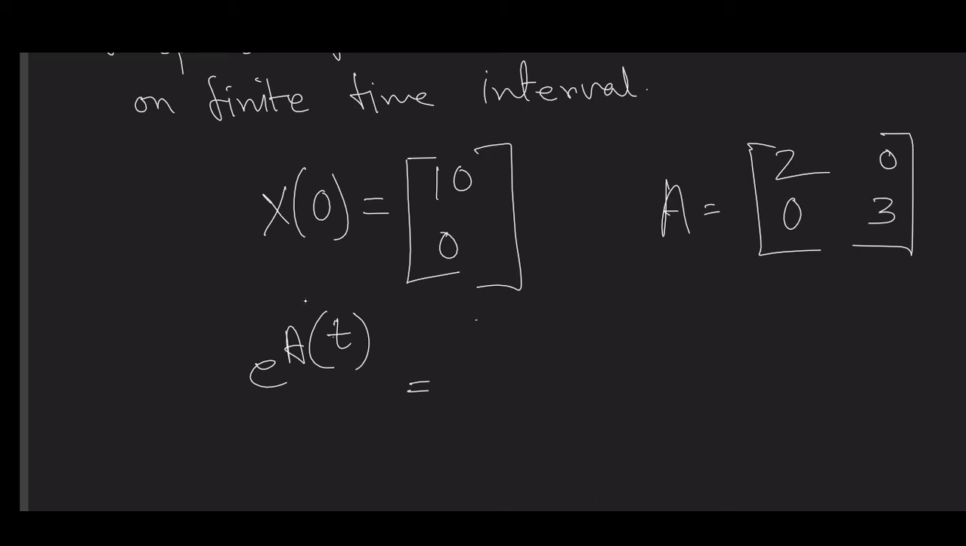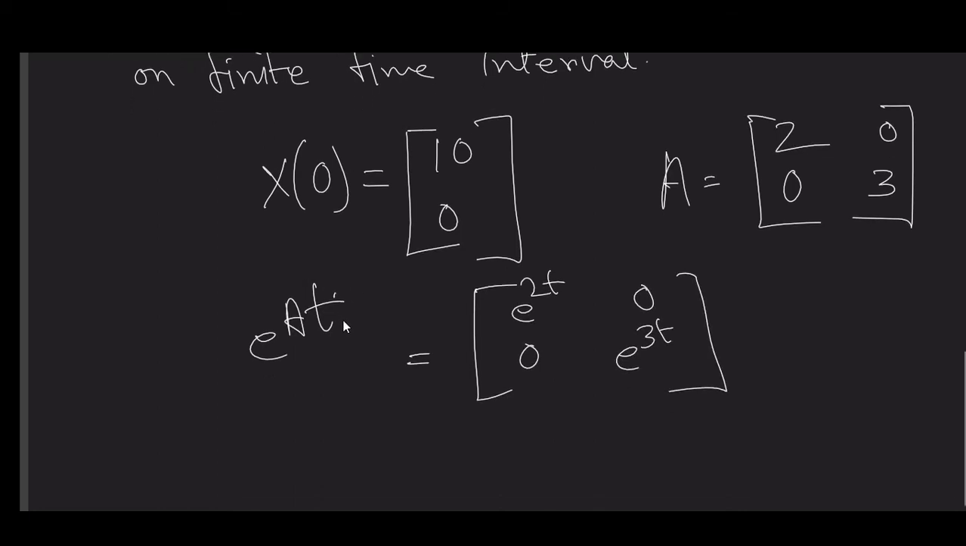A is in diagonal form. So what would happen to e to the power At? It will become e to the power 2t. So what would happen to your x(t)? Your x(t) will be basically, right. So if this is your x(t),